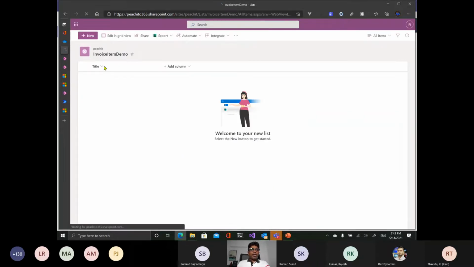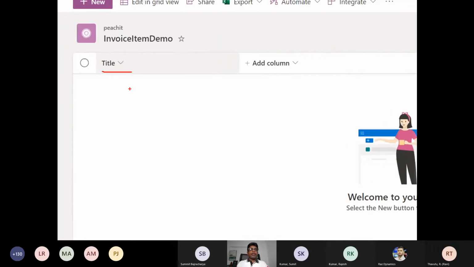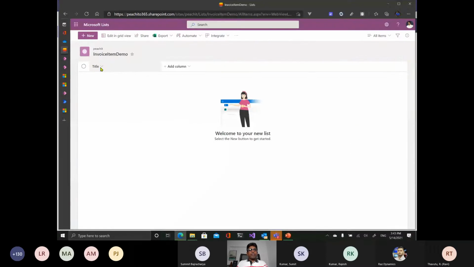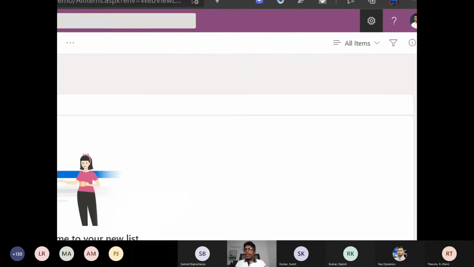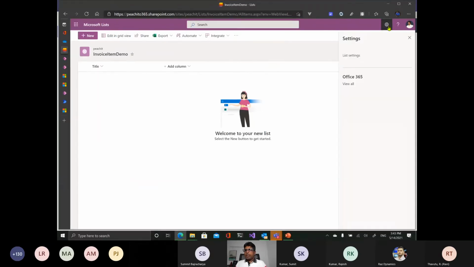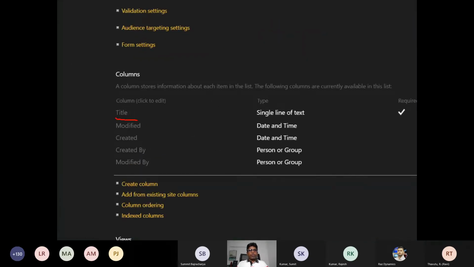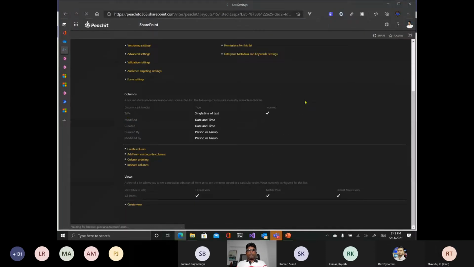Right, by default it gets you the first one as the title. You will see it will say title here, see the title. So this is how you get that, but you can just rename it using this wheel. You just go here and click this icon, then list settings, scroll back, click on the title here, the name. See, this is the stuff you get, the title. You click on that one,